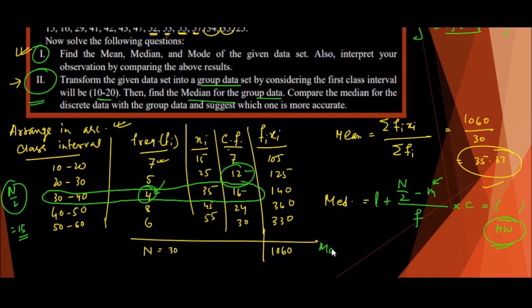And what about the mode? You can calculate it as L plus (f1 minus f0) divided by (2 f1 minus f0 minus f2), into c. Plug all these values in one by one. So f1 means this one, f0 means this one, and this is your f2. Plug all these things in here and ultimately you will be getting